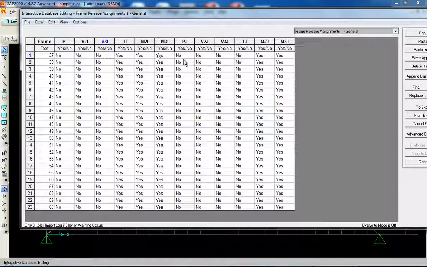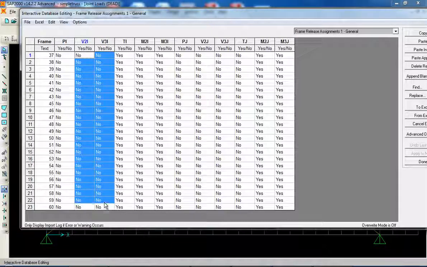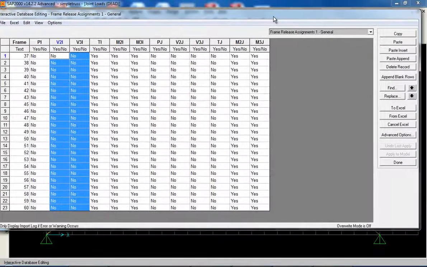It's either yes or no. You can see almost all the members have been releasing M2, M3, and T, M2, M3 at the I location, and those at the J location. So in order to get rid of those releases,